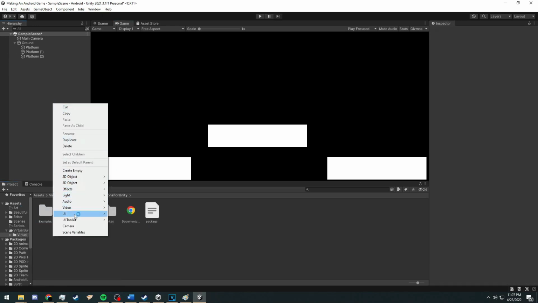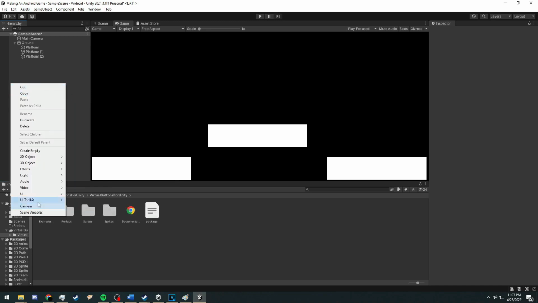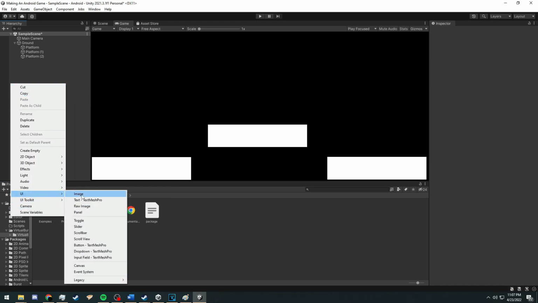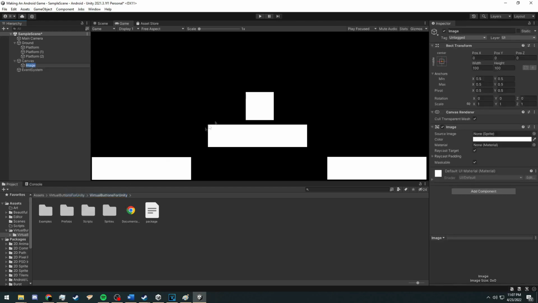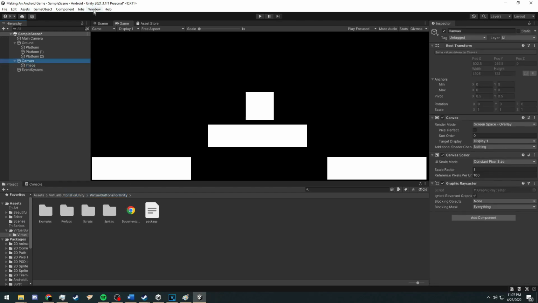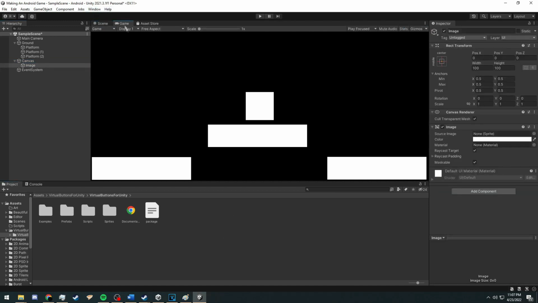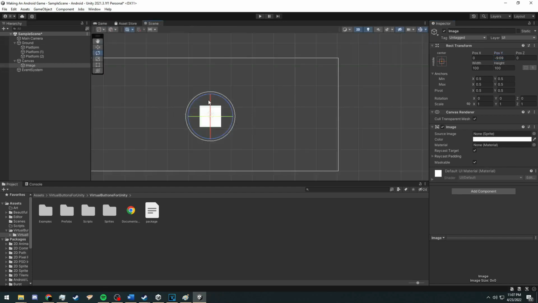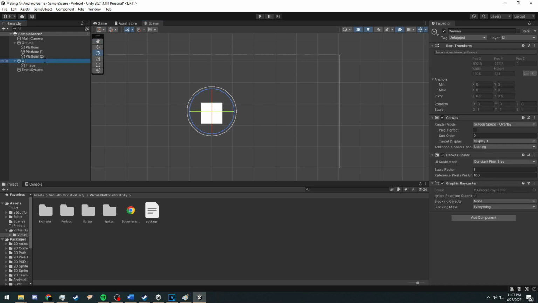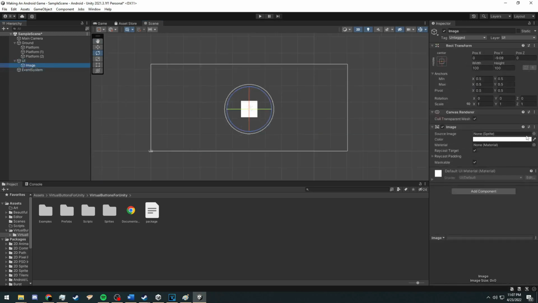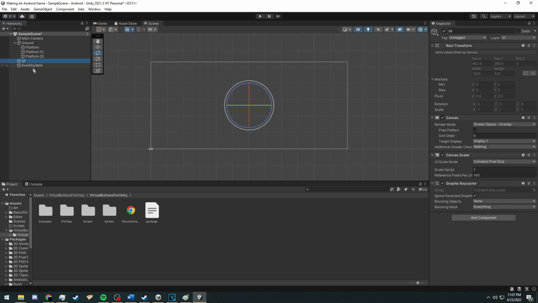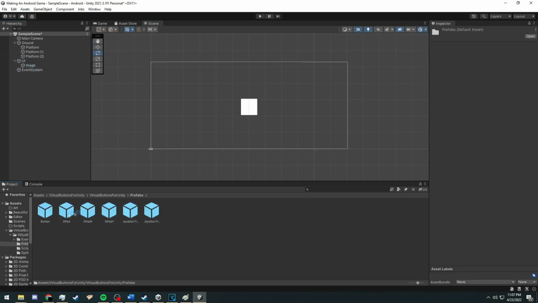So now we're going to create a canvas for our UI. You're going to basically just right click UI. Then we're going to go to image, and it's going to create a canvas, which we can only see in the scene view here. But we can actually see it here still, because that's going to appear over all this because it's not an in-game object, it's just a UI object. So we're going to call this UI, and then I'm going to delete this because, wait, no, I'm not going to delete it. I'm going to go ahead and